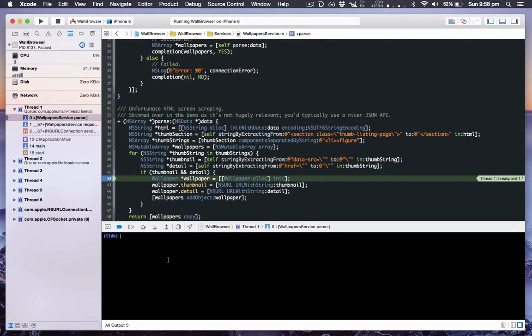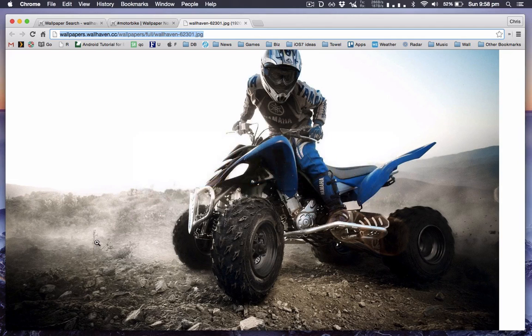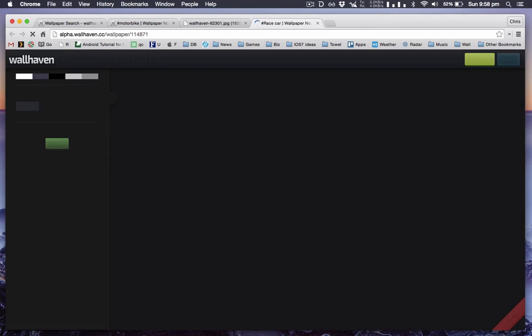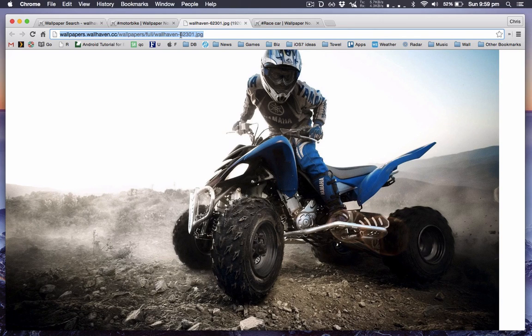So let's print out the detail variable. That's the URL for the detail page, being this page here. Some interesting, I don't know, Japanese cars or whatever they are. And we want to change this URL into a URL that looks like this. So I'll copy that,